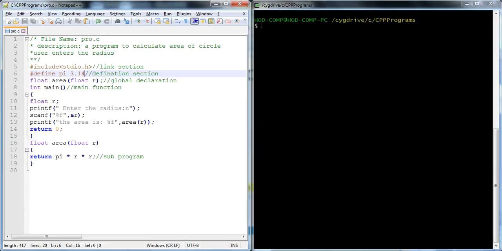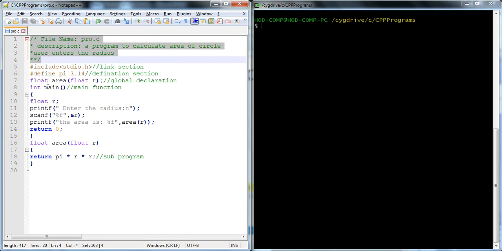Now we will go with the example. This part is considered as documentation, because it shows that the file name is pro.c. We need to create a file like this in an editor such as Notepad++. You can use Notepad also, but at the time of saving, Notepad by default saves as .txt. For a C program file, when we write the code in an editor, we need to save it as the program name with .c. That is the way to save a C program.